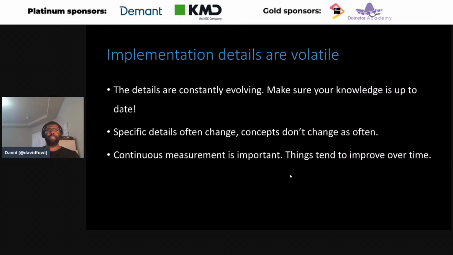Okay, here's the last piece. Details are volatile, so things are always evolving. Make sure you're up to date. I've seen a lot of patterns where people came from .NET Framework assuming they knew how things worked when we have totally gutted the implementation in core. So you want to make sure you have an up-to-date recollection of how the subsystems that you know work. Details can change, but concepts don't often change. We don't often introduce whole new GC modes, even though we probably are pretty soon. And when they do, you learn those things. So focus on concepts, not details, for the most part.